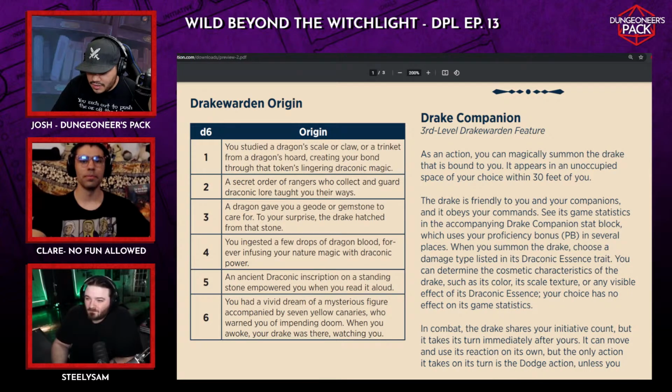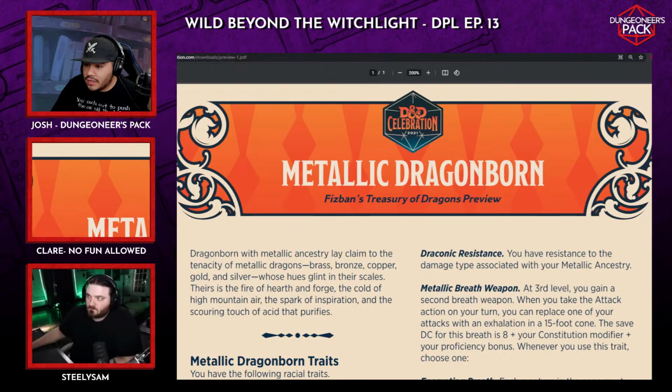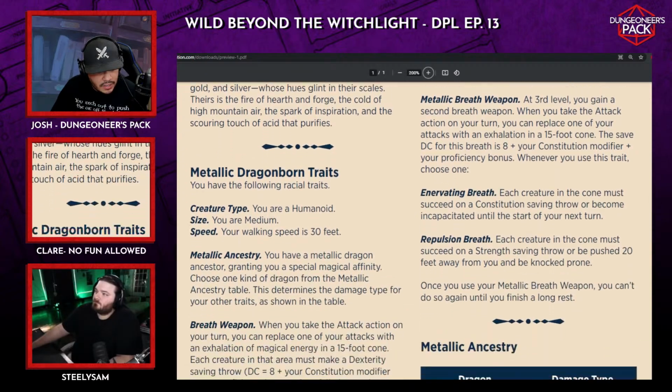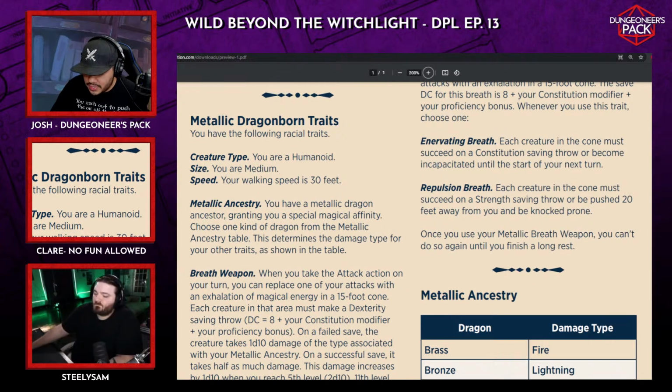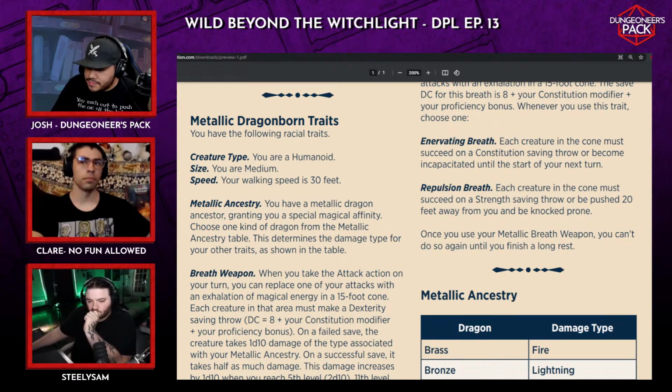The next thing that they also dropped in terms of previews was the Metallic Dragonborn. Let's see, we'll pull up the stats for you guys to see it really quick, as I fix some of the video so Claire doesn't keep getting drowned out by the previews. But yeah, Metallic Dragonborn, the biggest thing I picked up on was they just nerfed the breath weapon a little bit. Other than that, it pretty much remains untouched.